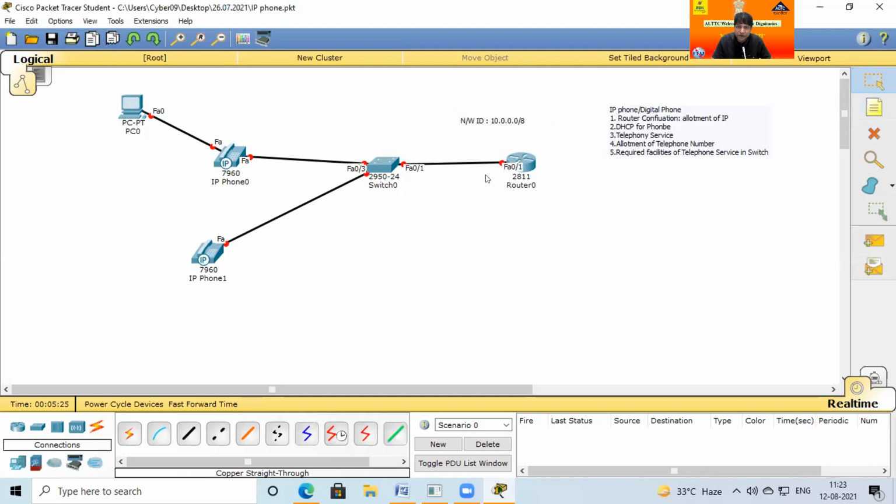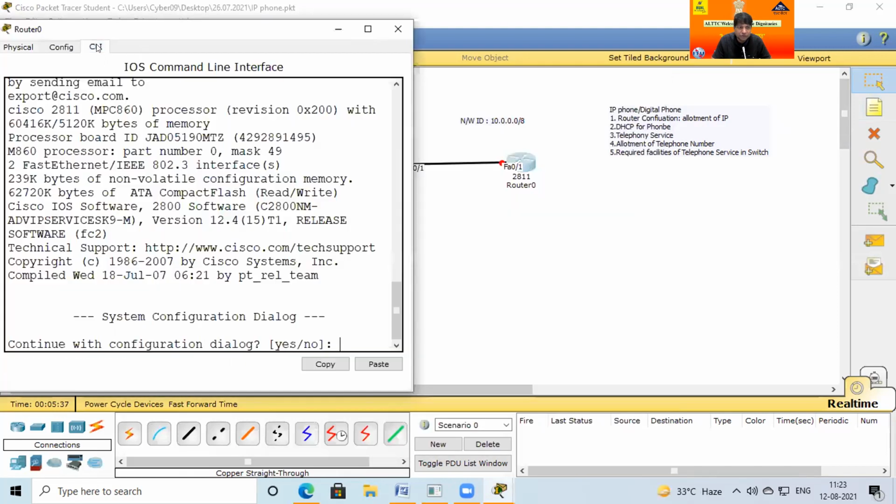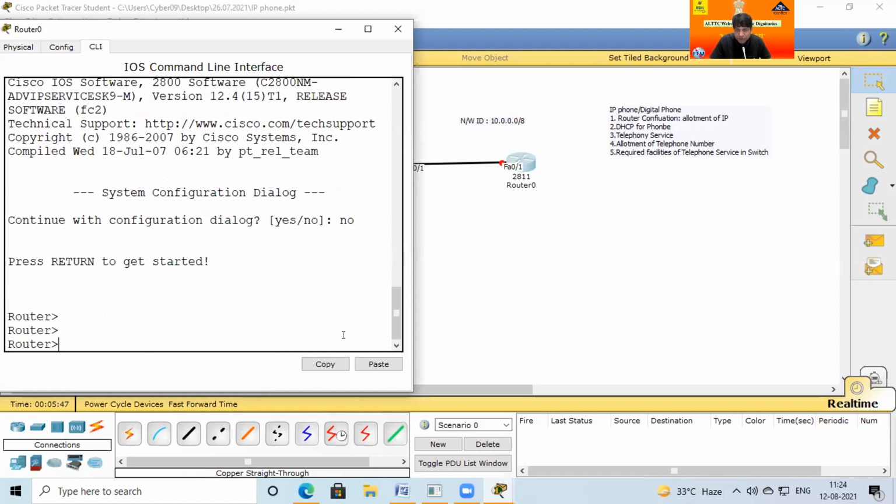So in this regard, just allot IPs to these ports. What is the IP? First go to the router, allotment of IP to the router port. So just click on this here, go to the CLI mode. First time, if your router is asking yes or no, definitely we type no and go to the user mode. And how to allot an IP?